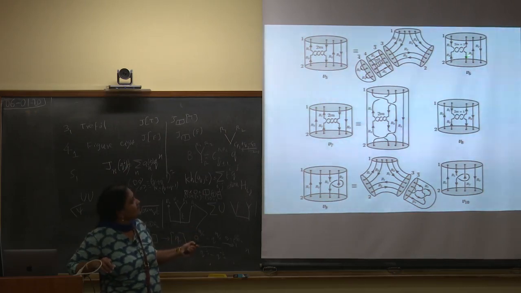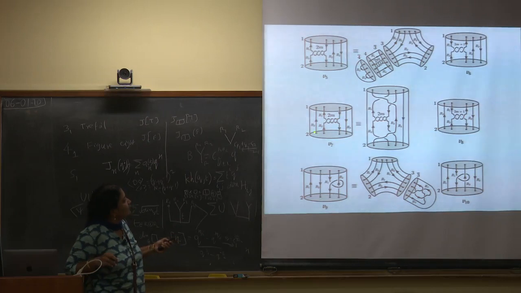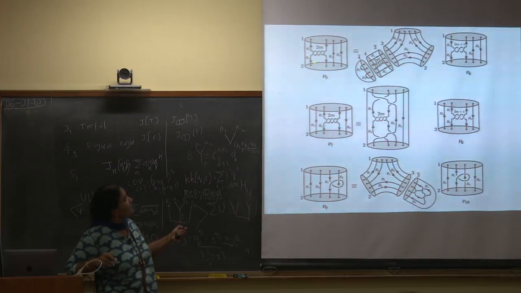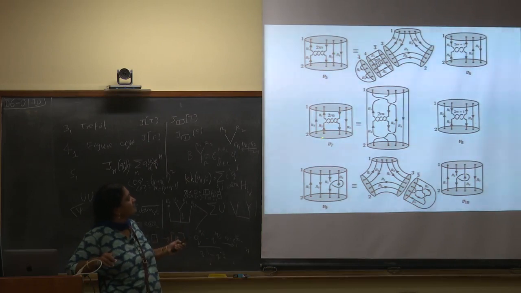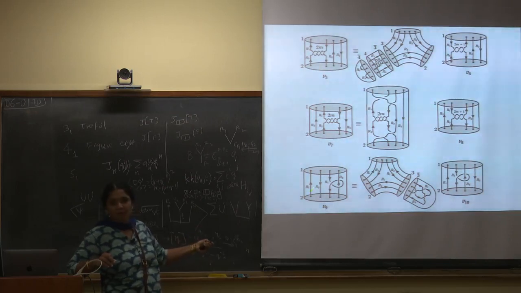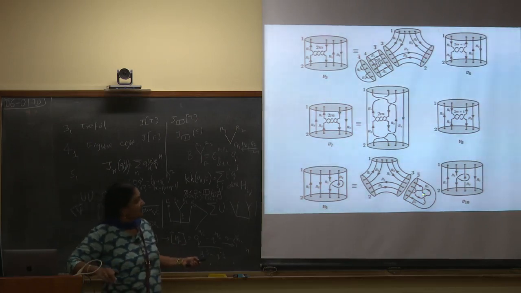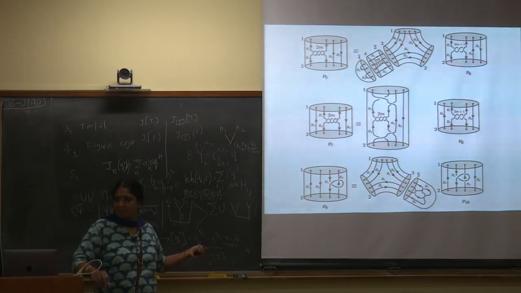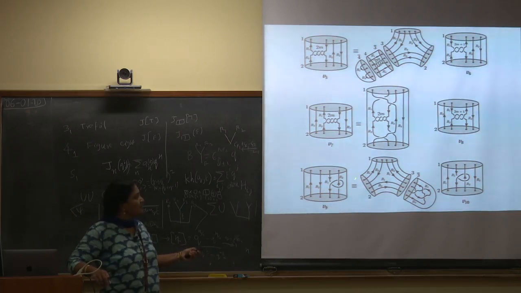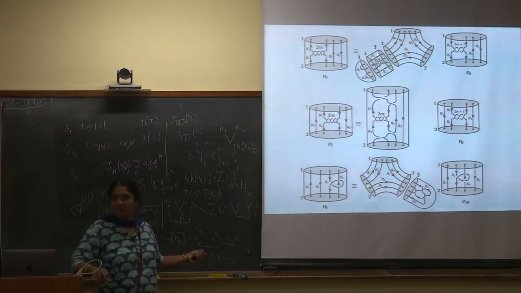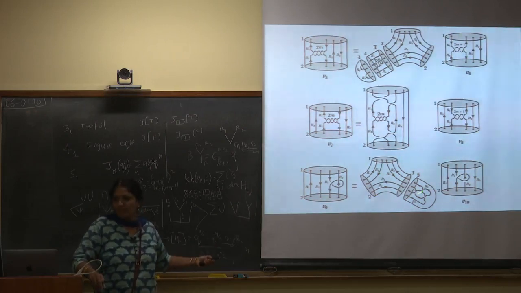Okay. And similarly this one is the same as this, but with an odd number of crossings, and you can do the same thing if you have it in the middle. Sometimes we call this a necklace. The necklace is in the middle, then you have to do one more time evolution braiding and glue it, and for each step I know how to write the state on this side, and I can write the state for this case. And this loop is also beautiful, that you can rewrite it in this fashion. So it's a very systematic exercise, the only price you pay is that you have to introduce 3 balls with more than 2 S2 boundaries.